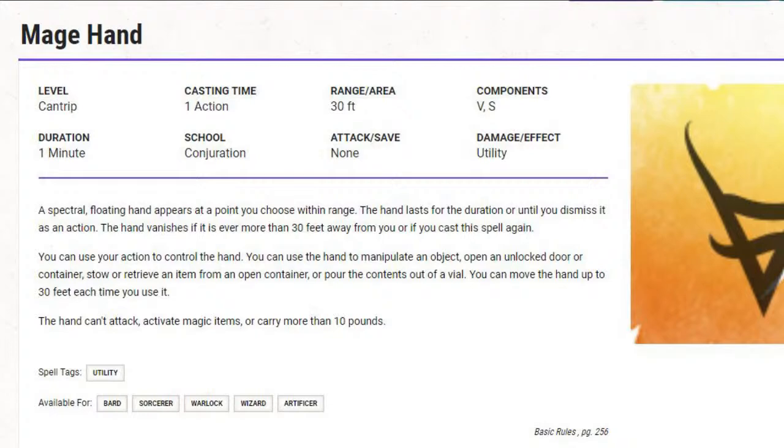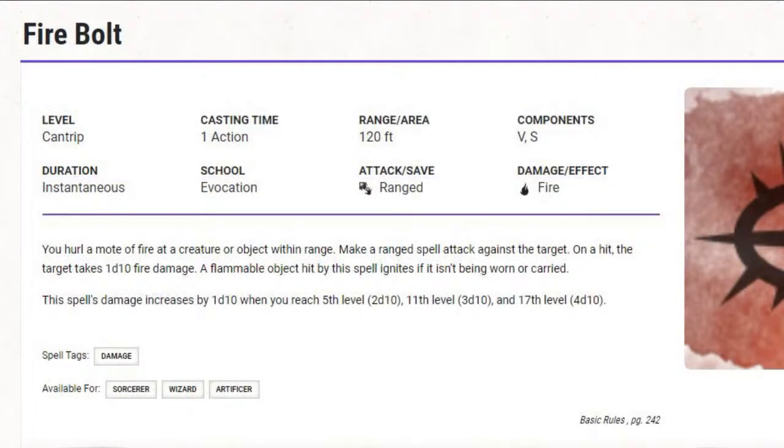Okay, number 3 is the Firebolt, because it has a long range of 120 feet and it ignites objects, so you can target an object and ignite it and make it catch on fire. It burns monsters for 1d10 fire damage when you first get it, and it scales up, which is excellent. And fire solves most problems provided the thing isn't resistant to fire.